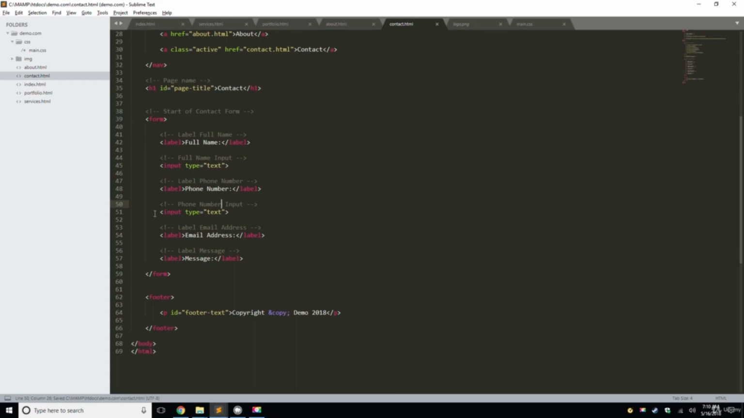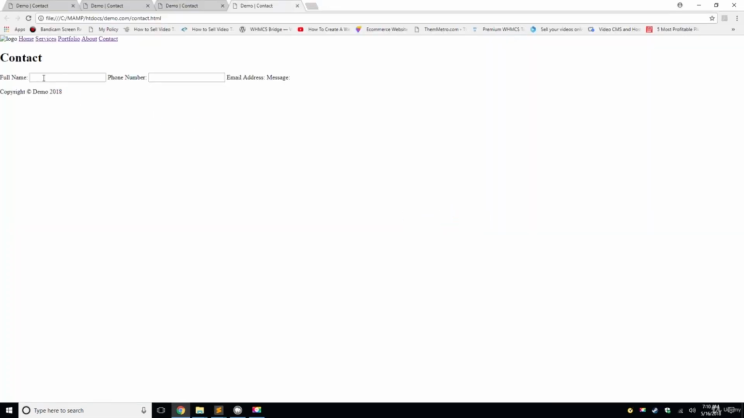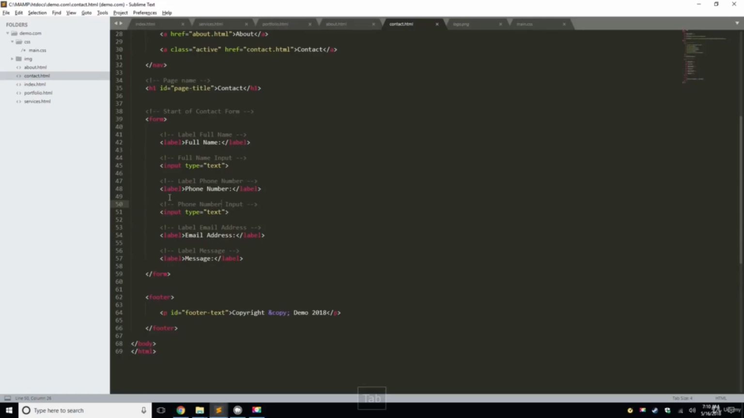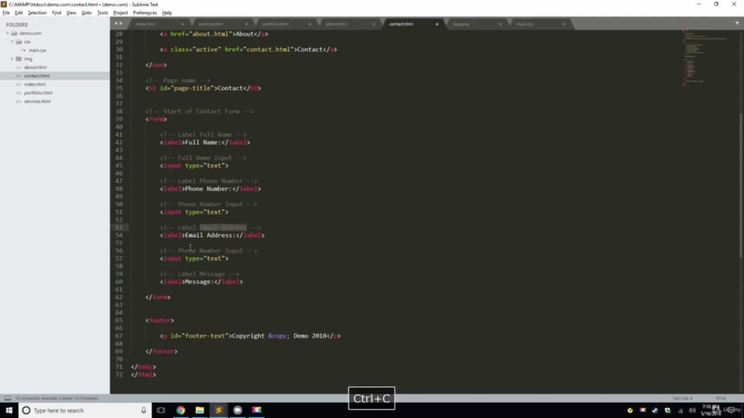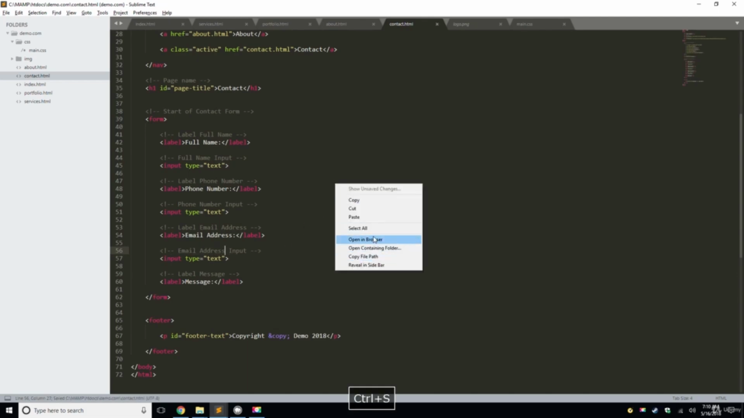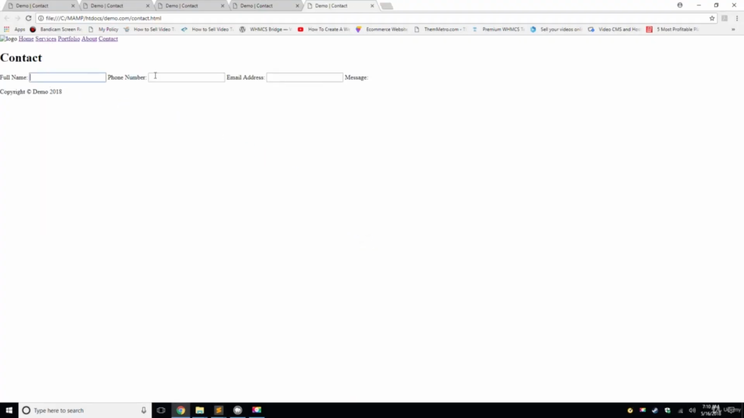And I believe it should be the same. So let's right click, open in the browser. And so we have full name, phone number. We're going to do the same with email address. Let's go to email address, return twice. So we're going to do email address input. Okay. Open in the browser, so we got full name, phone number, email address. And if we go back